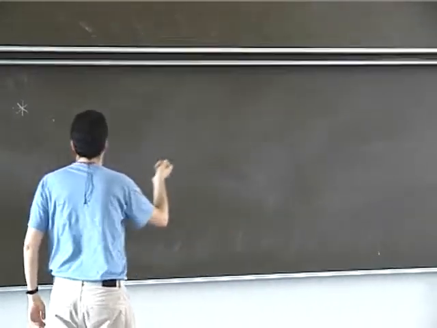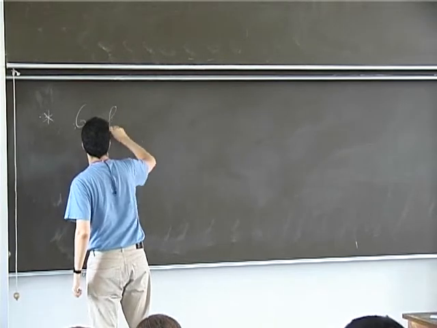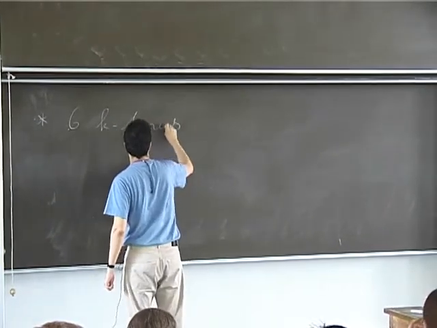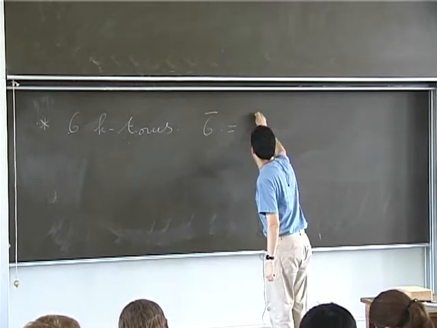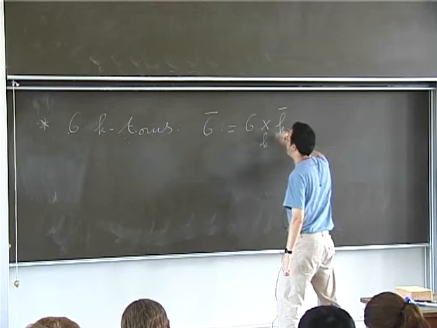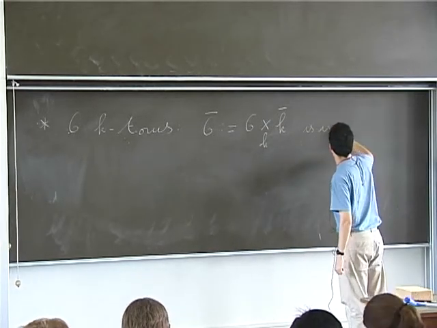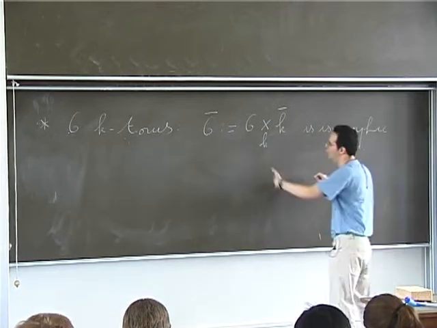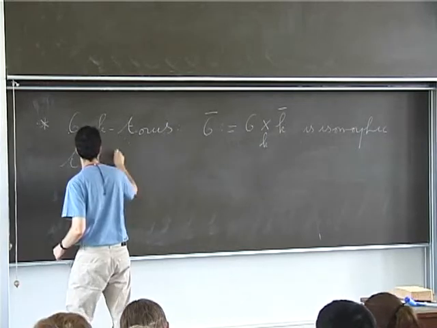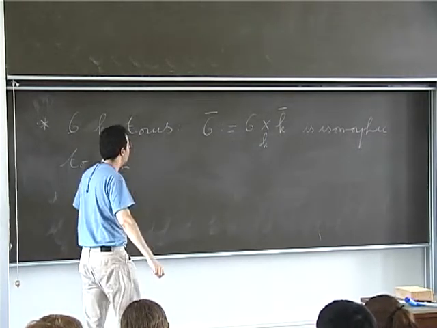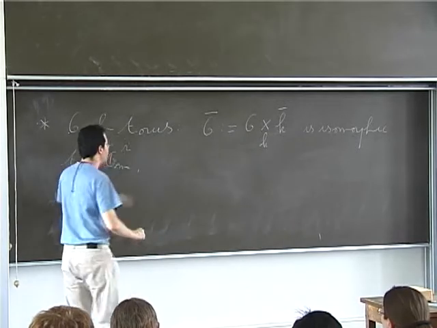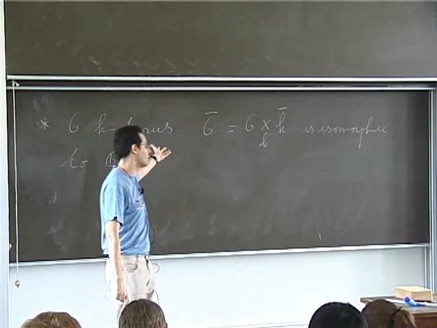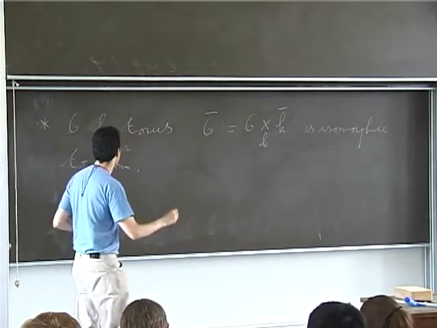Second important example, that was probably discussed last week, is the case of a torus, a K-torus. So this means that over K bar, if you consider G bar, which is by definition G over K bar, is isomorphic to some copies of the multiplicative group, to G_m to some power. So G bar is G_m to some power, but only over K bar. So if G is just G_m to some power, it is a split torus, but you can have non-split tori. For example,